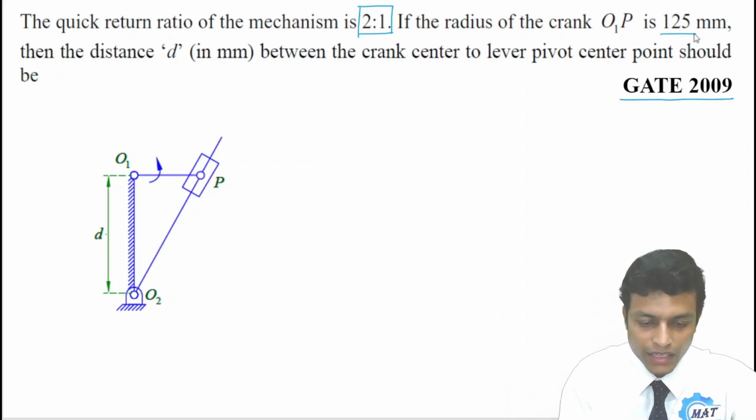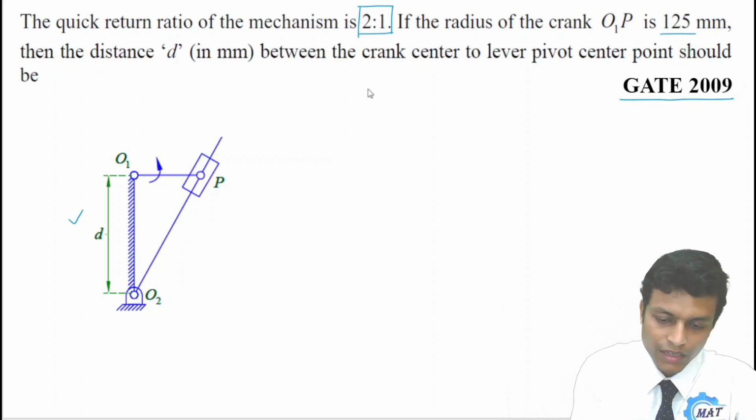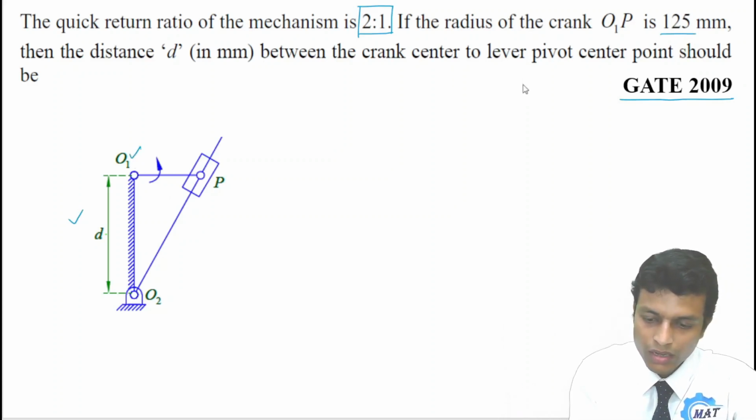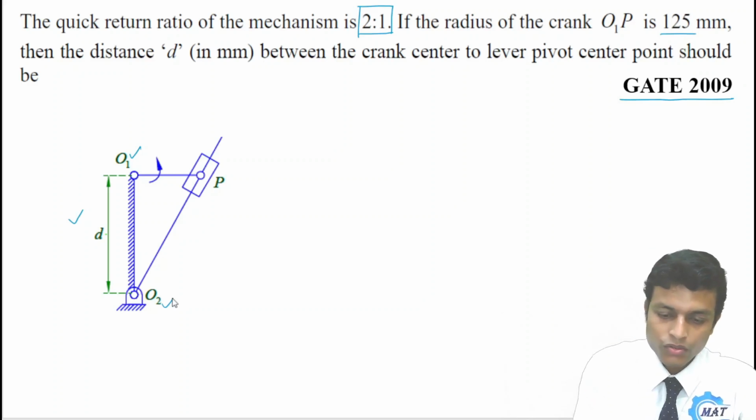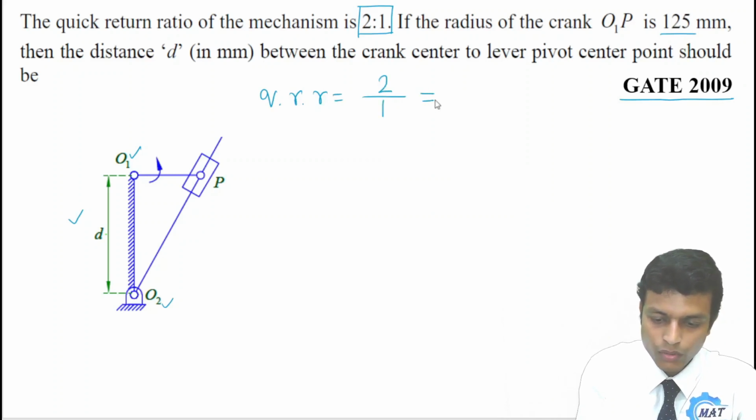The distance D between the crank center, that is O1, to the lever pivot center point, should be what? The lever center point is O2, that is, we have to calculate the length of the fixed link O2O1. So quick return ratio is given as 2:1, and we know that quick return ratio is